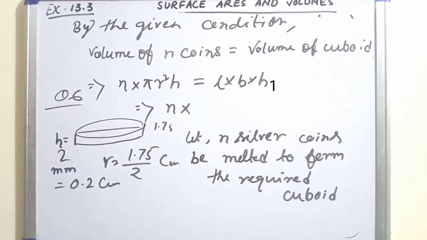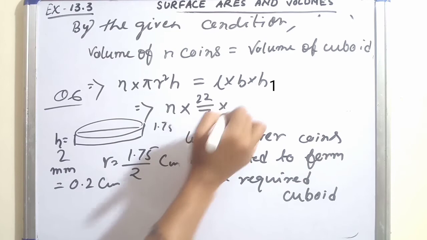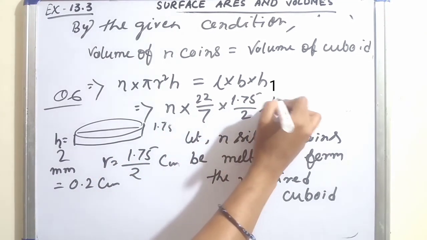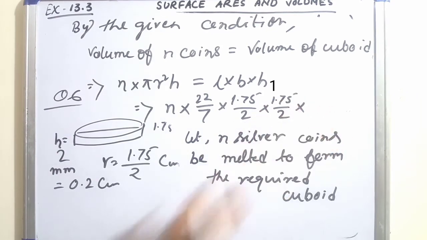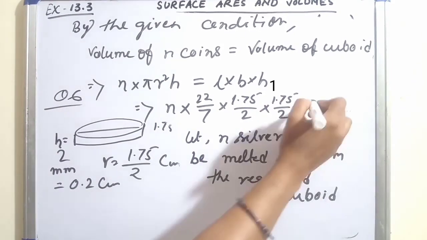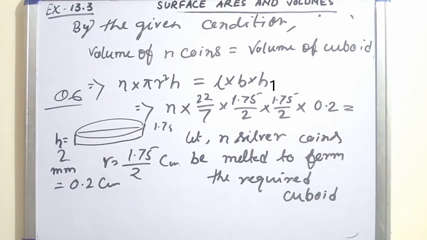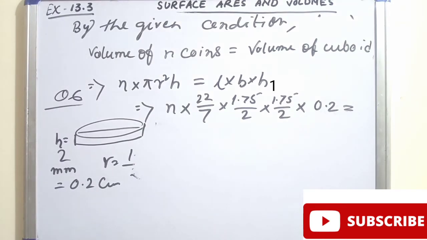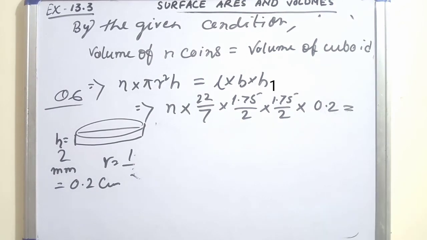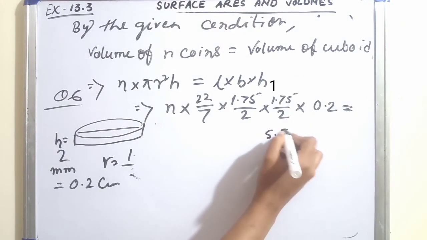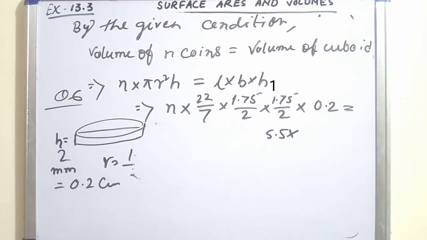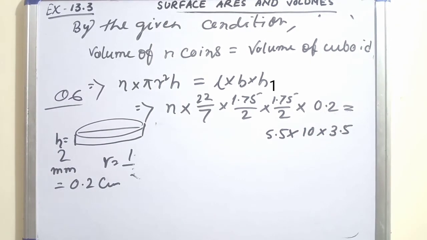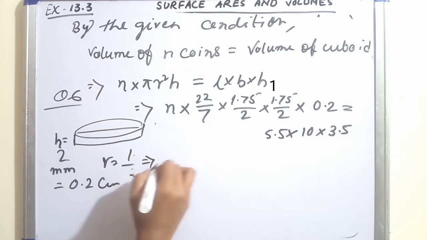That means n into pi means 22 upon 7, r means 1.75 upon 2 into 1.75 upon 2, into h means 0.2, is equal to l means 5.5, b means 10, h means 3.5. So now n is equal to